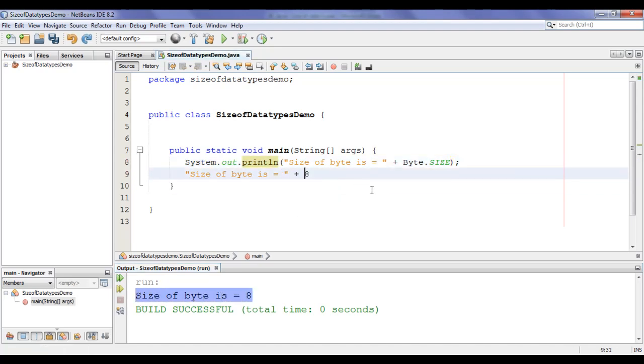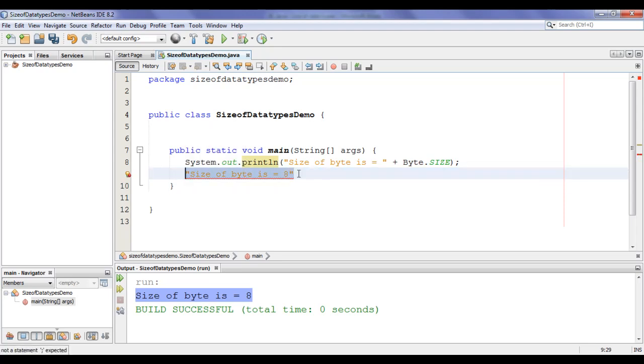So remember what the plus operator does: if it finds a string on the left hand side or on the right hand side, automatically it converts the other side value into a string, guys, and then it combines both the left hand side and right hand side strings together, creating a new string which is going to be the combination of the left hand side and right hand side strings. Understood? I hope you guys have clearly understood.